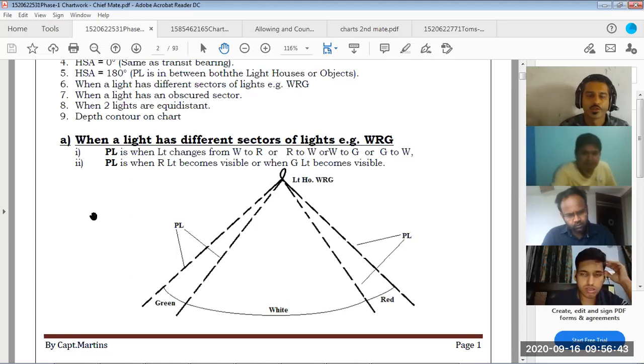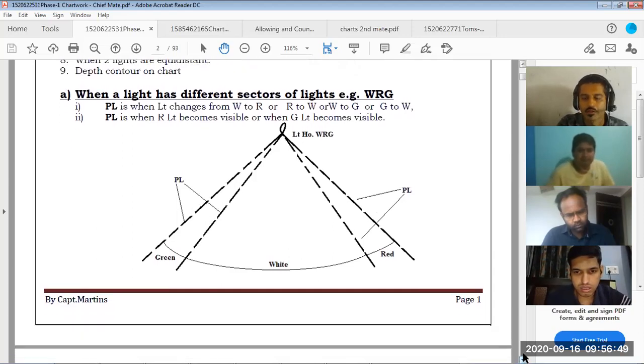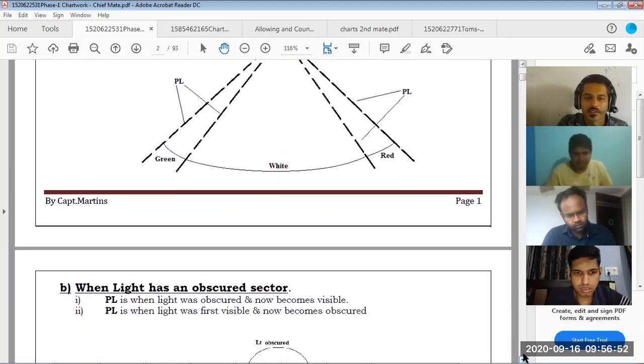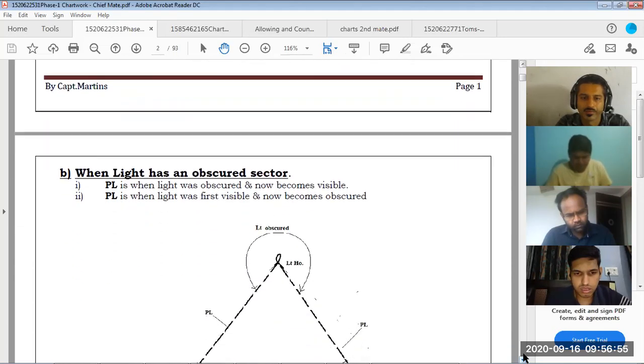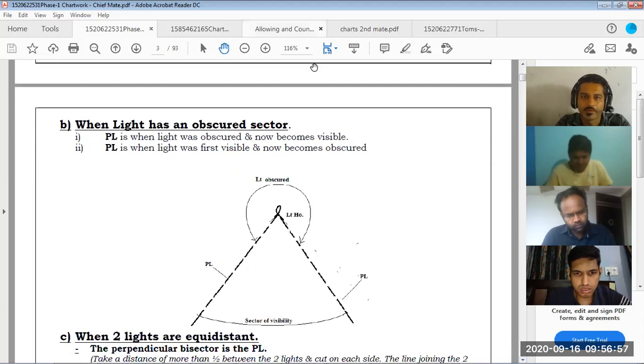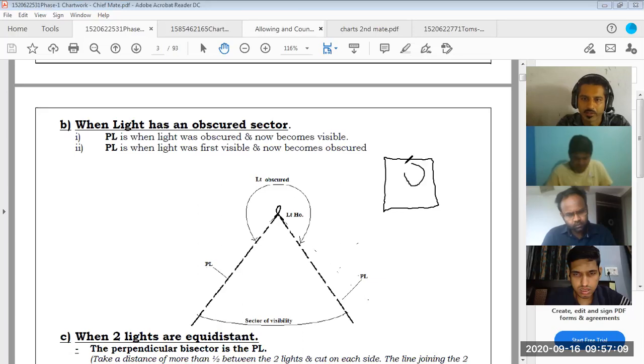Then when a light has an obscured sector, it means you cannot see the light in that sector because of the construction of the light or something. So if this light is made with some lantern, there is a lantern, you know, and it is open from some side and closed from one side, so it's open only on this side, so the light can be seen on this side only, and that is the visibility sector, and the other part is your obscured sector.